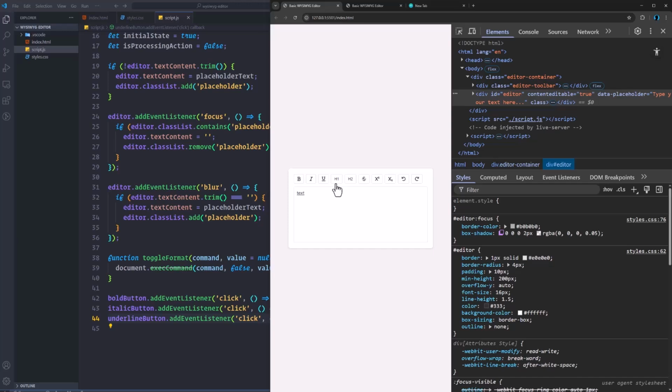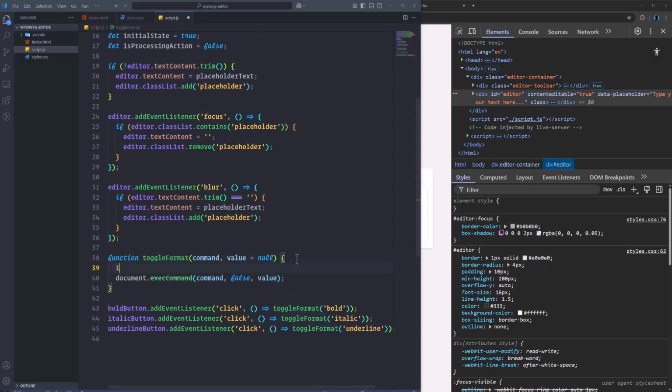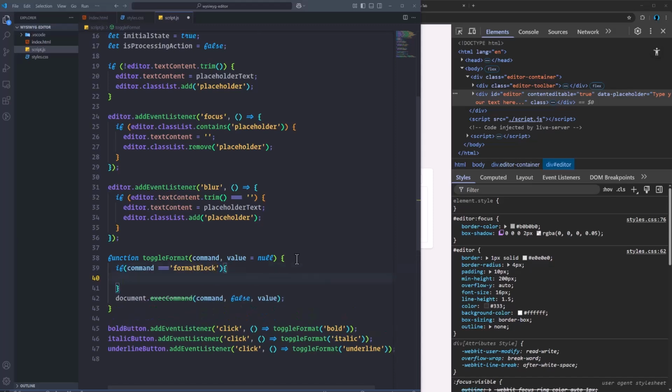Now next we have two headings. For the headings, there is a special command that we need to pass, and for that we need to modify this function. So what we will do, we will come in here and we will check if the command is equal to formatBlock. So if it is a formatBlock, it means we need to pass that command in here,